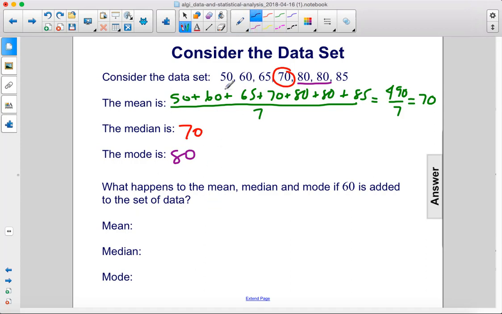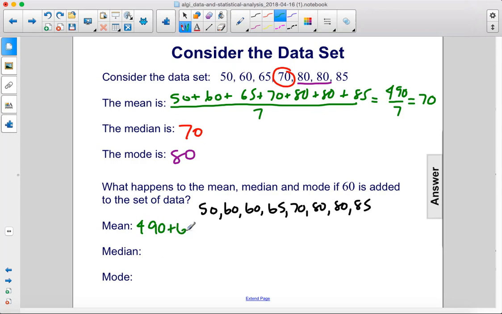Alright, so if we add in 60, our new set will be 50, 60, 60, 65, 70, 80, 80, and 85. So to find the average, or the mean, we would add all of these up and then add an extra 60. So it would be all of those numbers again, which I won't rewrite, but 490 plus 60, and then divide by 8, because now there's 8 numbers, and that would give us 550 divided by 8, which is